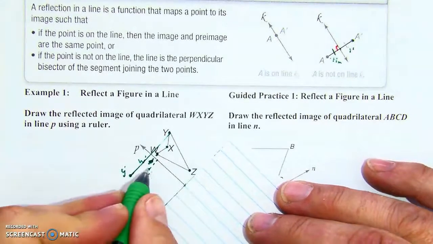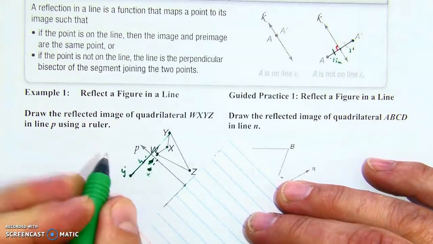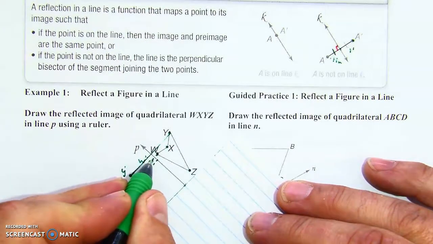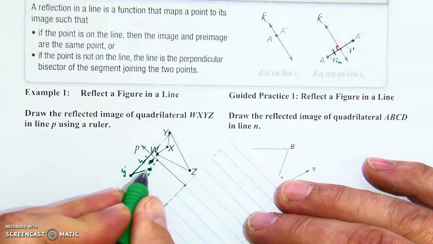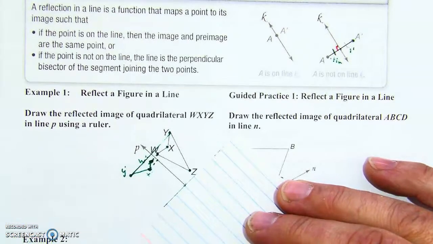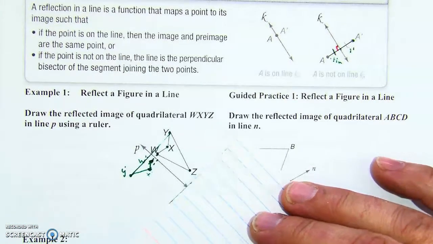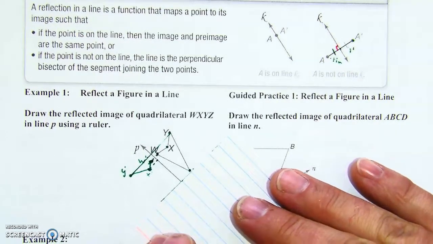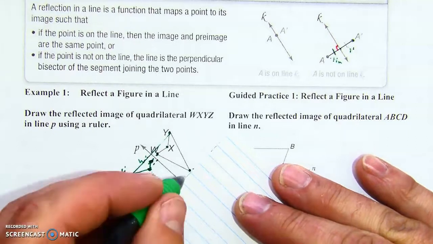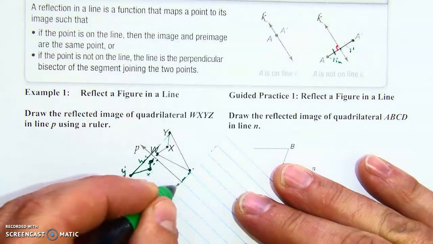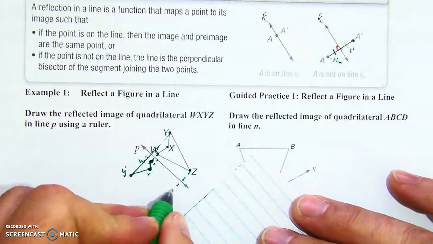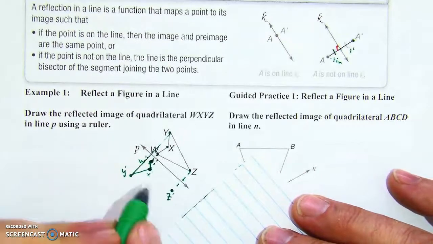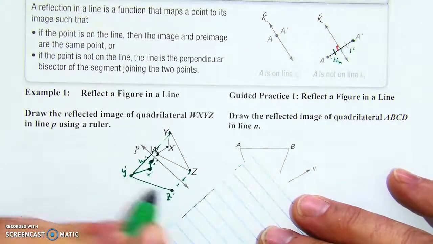So now we have our X prime and our W prime, which is here. So we're going to draw these together. And we're getting a general idea. I know it's not going to be exact, you guys, but you get the general idea about where we're at. And then this one's about 1 full length away. As we do our dash line here, we'll put our C prime here. Okay. And what I do is I would just connect,